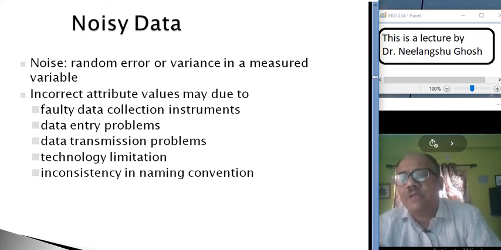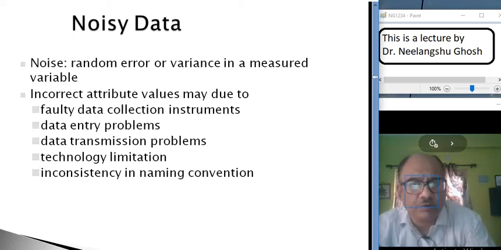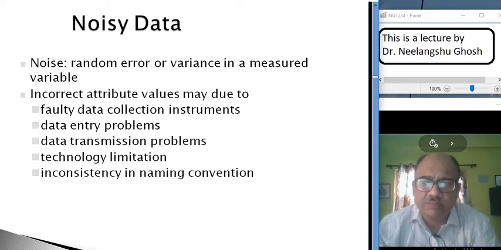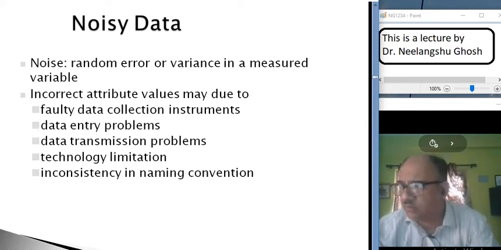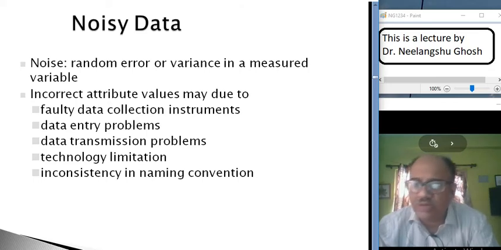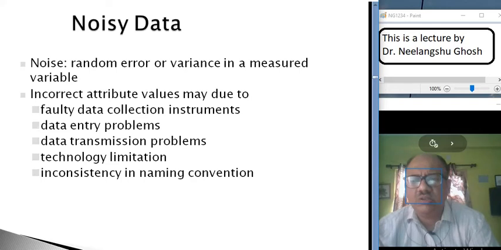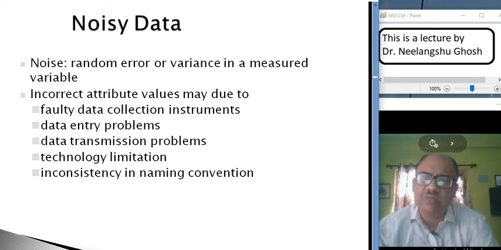It could be a data transmission problem while copying from one file to another file. There is a possibility some particular values are missing. So there are different ways noisy data can creep in.